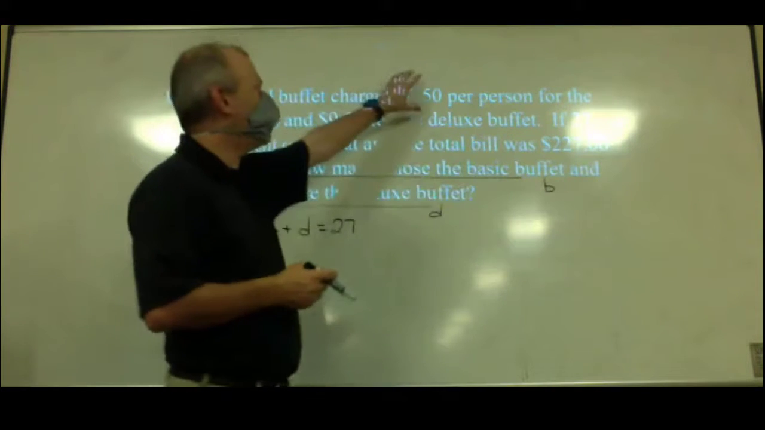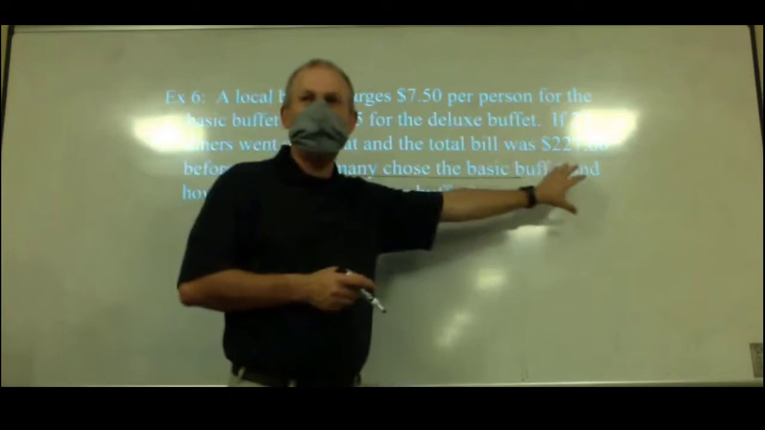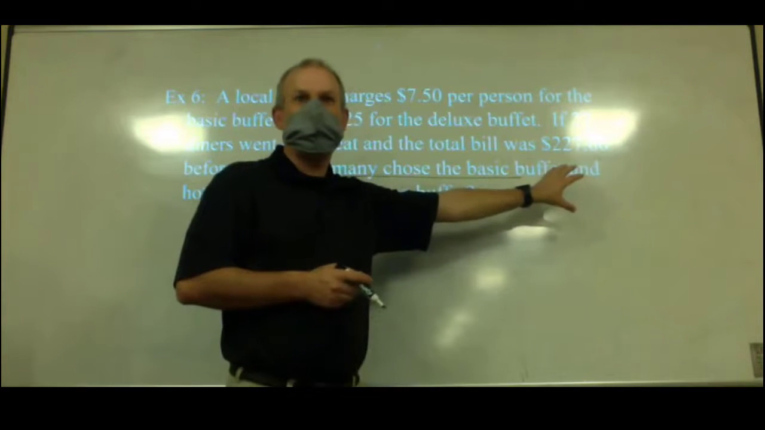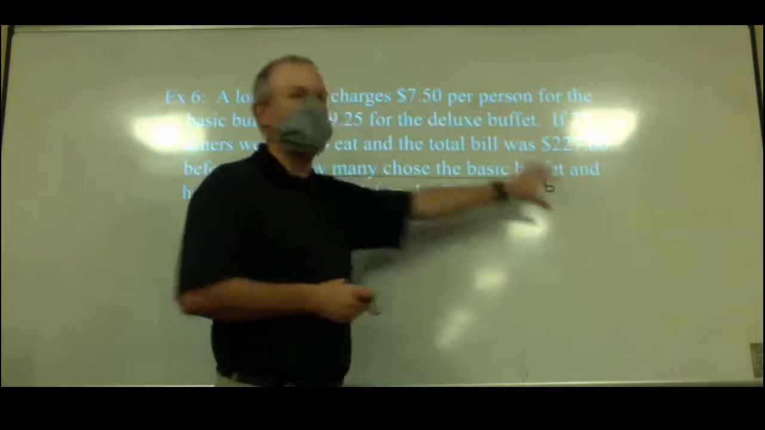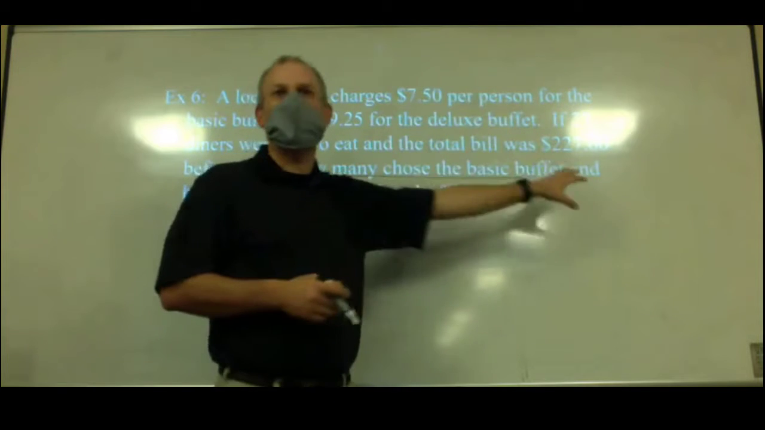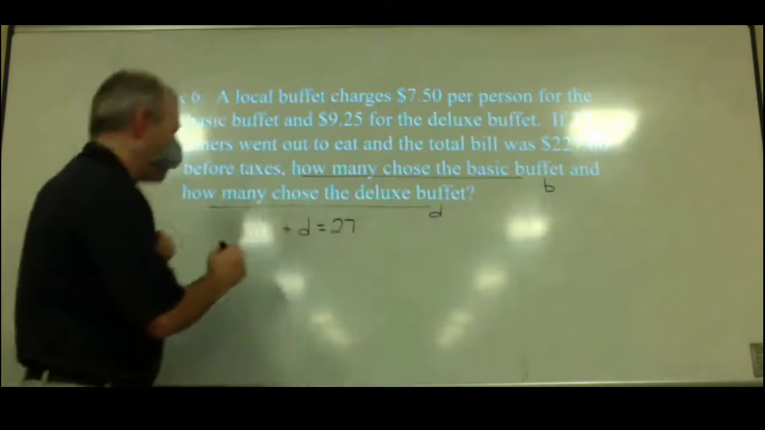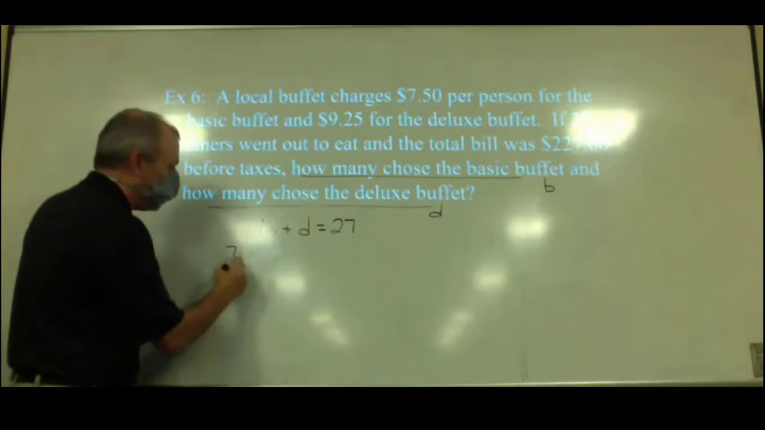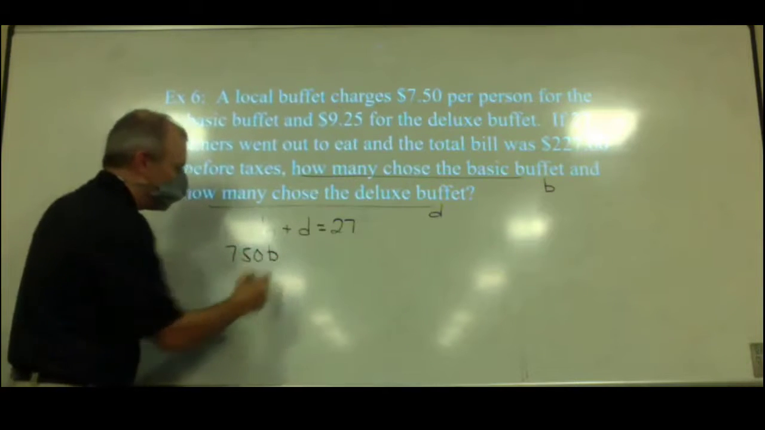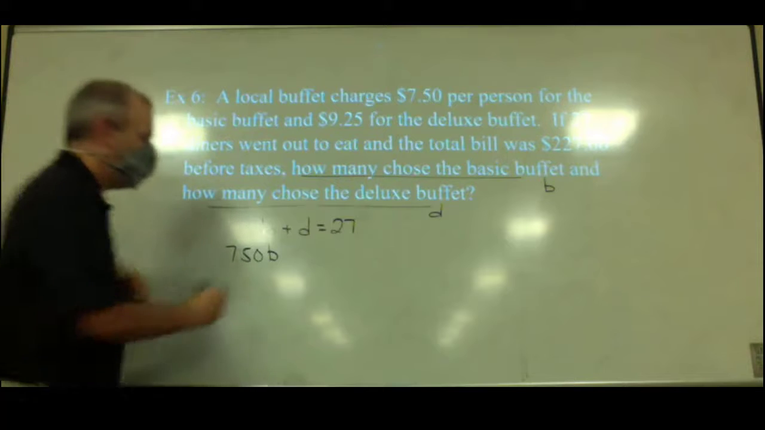So $7.50 per person, and this is how many people got that. If there were 12 of these people, it'd be $7.50 times 12. If there were 15 of these, it'd be $7.50 times 15. So that's going to be the amount of money paid for the basic buffets, $7.50 times B. Plus,